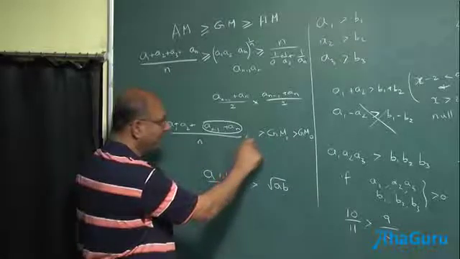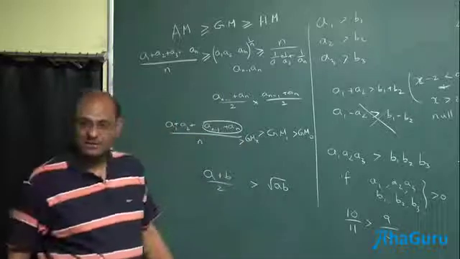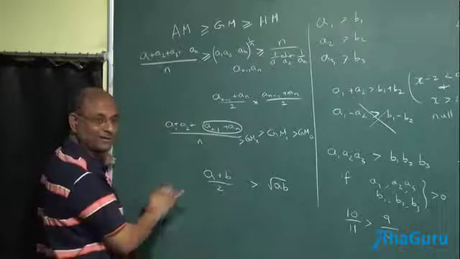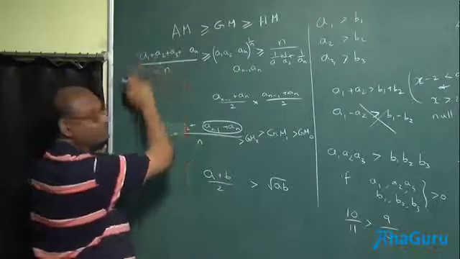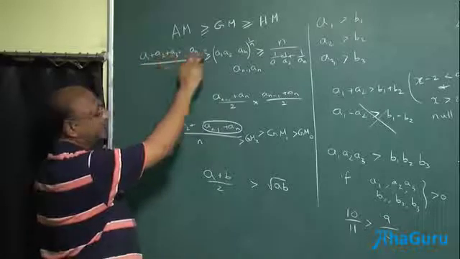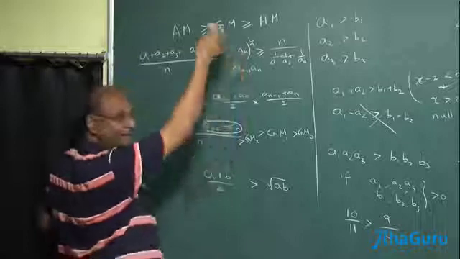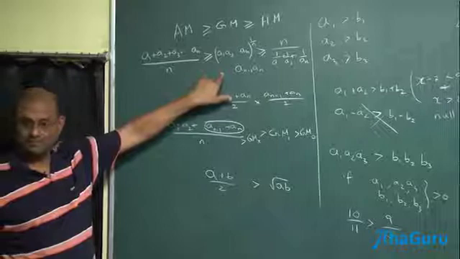And then the next one, even bigger. And if I continue like this, then after a long time, everybody is almost equal. And then arithmetic mean and geometric mean become equal, because if all these numbers are equal, what are they equal to? A plus A plus A plus A, N A by N, A. (A to the power N) to the power 1 by N, A. So arithmetic and geometric mean become equal.